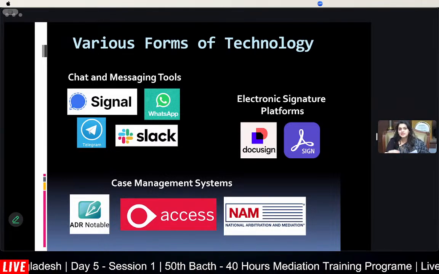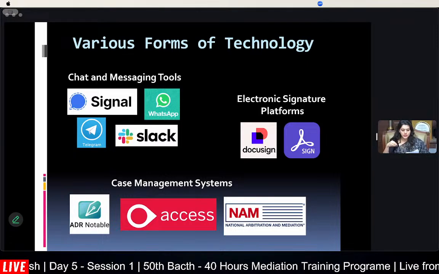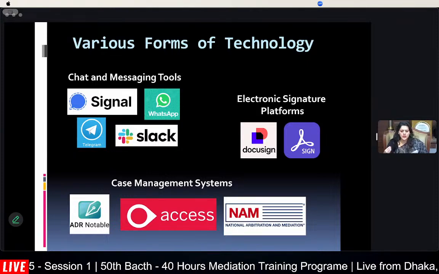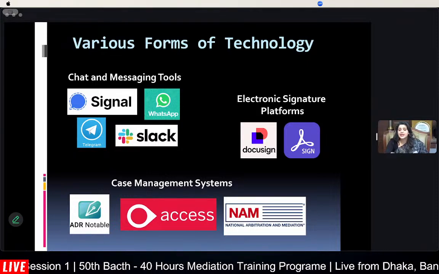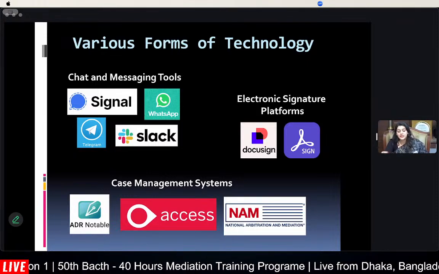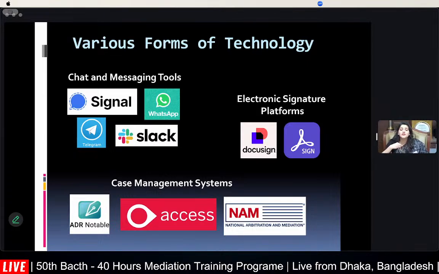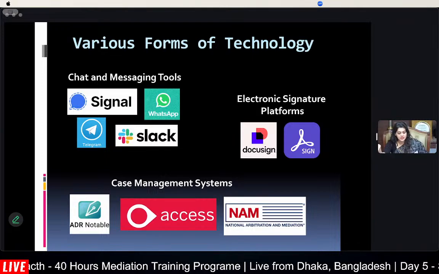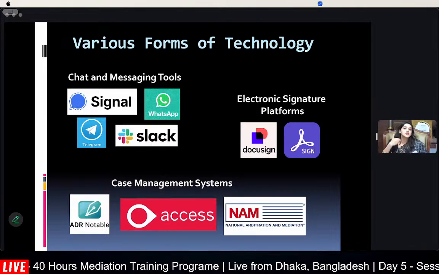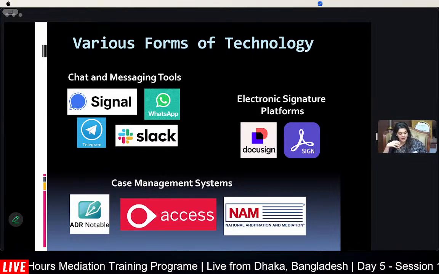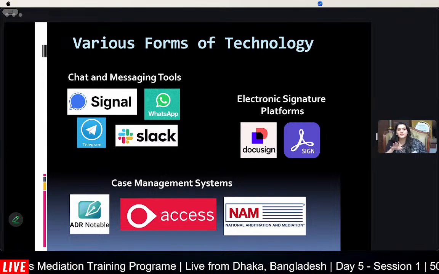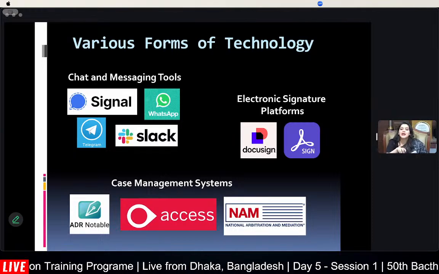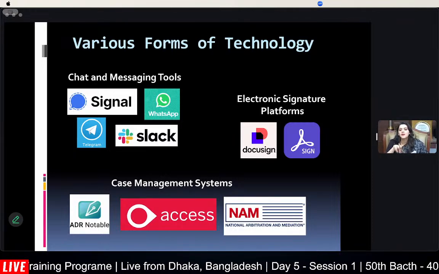So there are some case management systems, which help us streamline these administrative tasks. Like it can be scheduling, it can be document organization, it can be tracking our progress across different mediation sessions. It could be creating automated reminders, storing client information, or even automated reporting capabilities. So some of the examples of such case management systems are ADR Notable, Access, as well as National Arbitration and